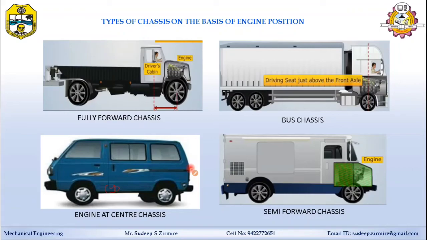Apart from this, engine fitted at the rear. The best example is the Volvo bus. The engine in that type of layout is at the back, so it reduces vibration. When you compare a Volvo bus with our ordinary transporting bus, the vibration is less. But the disadvantage of this type of arrangement is that the gear shifter lever to transmission linkage design is difficult.